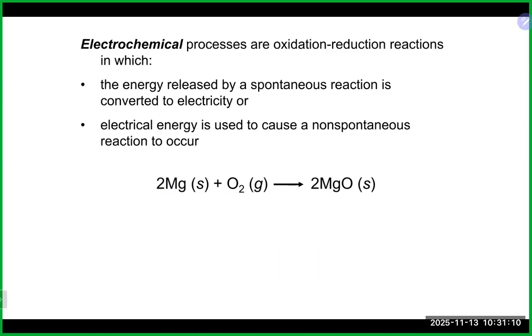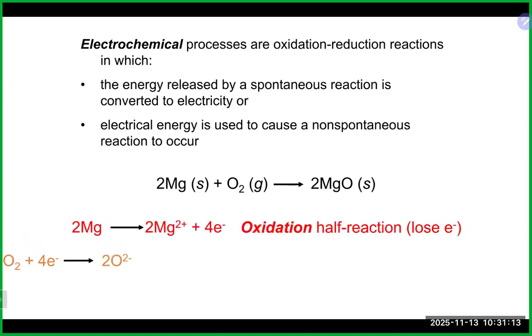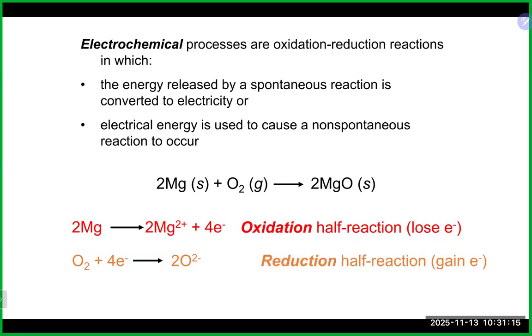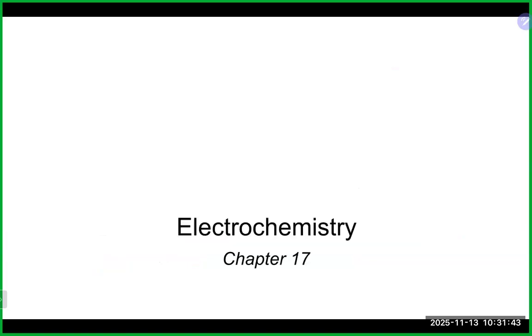So when we talk about electrochemical processes, it's really the idea of oxidation reduction reactions, which are sometimes referred to as redox reactions. And a redox reaction is basically a process where we can use electrons that are released to go out and do some type of work. For example, like a battery, you can use that to convert it to electricity. So when we talk about redox reactions,